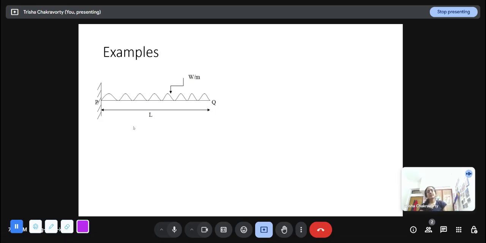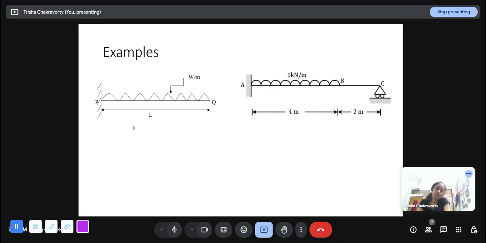This is a cantilever beam. It has two support reactions: Ry, that is the reaction force in the vertical direction, and Mz, which is the into-the-plane or out-of-the-plane moment. There are two equations of equilibrium available. Since this is a beam, the x direction force is irrelevant, so the two equations are sigma Fy equal to 0 and sigma Mz equal to 0. So this is a determinate structure, since there are two unknowns and two equations.